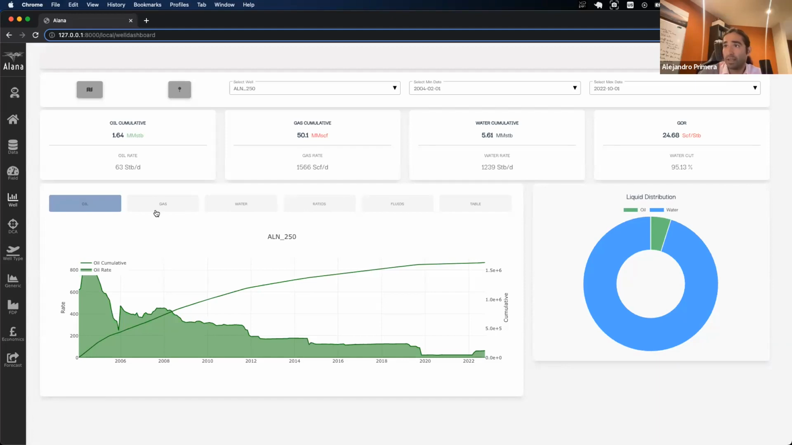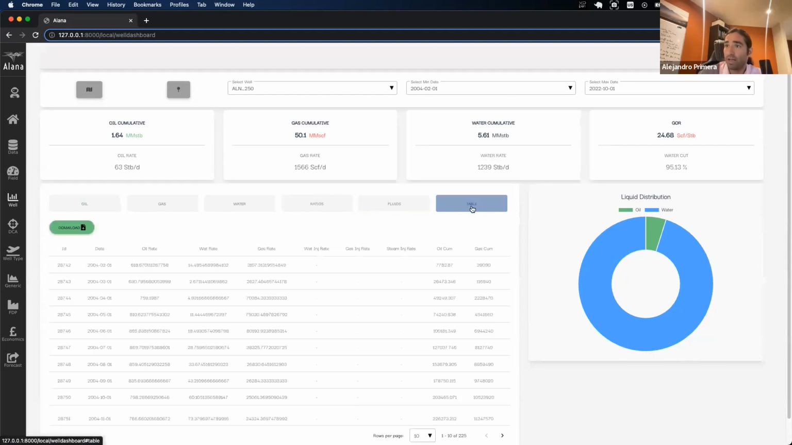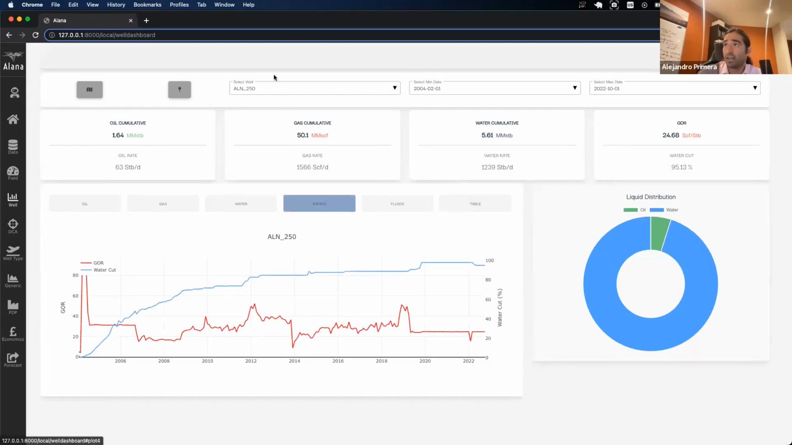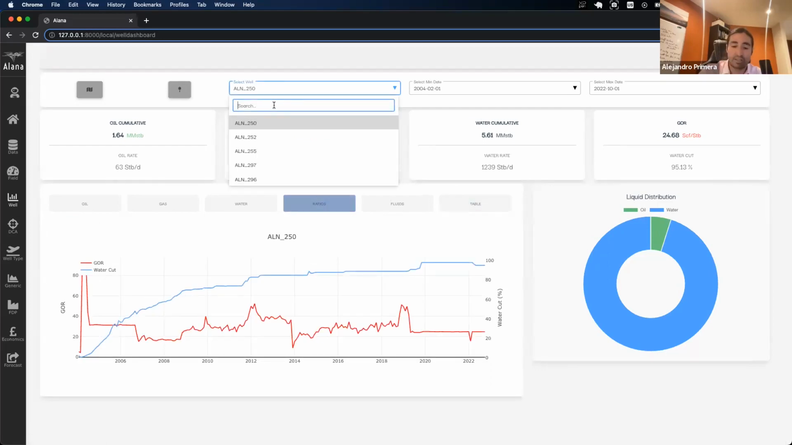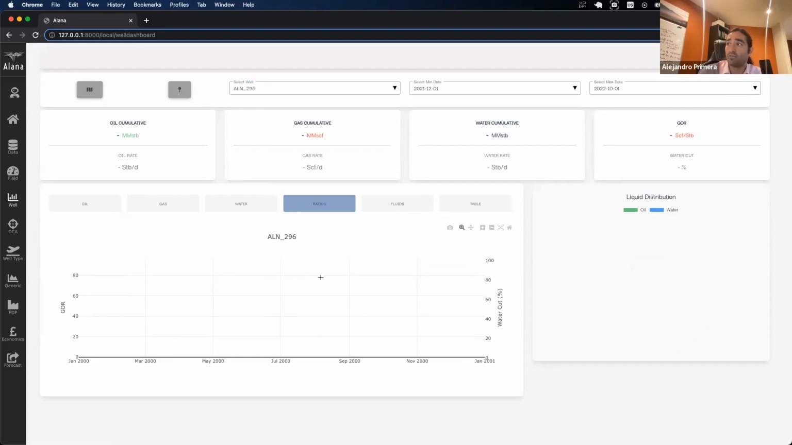The rest of the dashboard is quite similar: gas, water, ratios, fluids, and the table that you can also download for the well that you are evaluating. And of course, another thing that you could do is type, for instance, the name of a well that you want to have a look at, and it will be narrowed down from the list. Okay, that's it for the small demonstration of what you could do on the front end. And let me go now to the next part of the presentation, which is